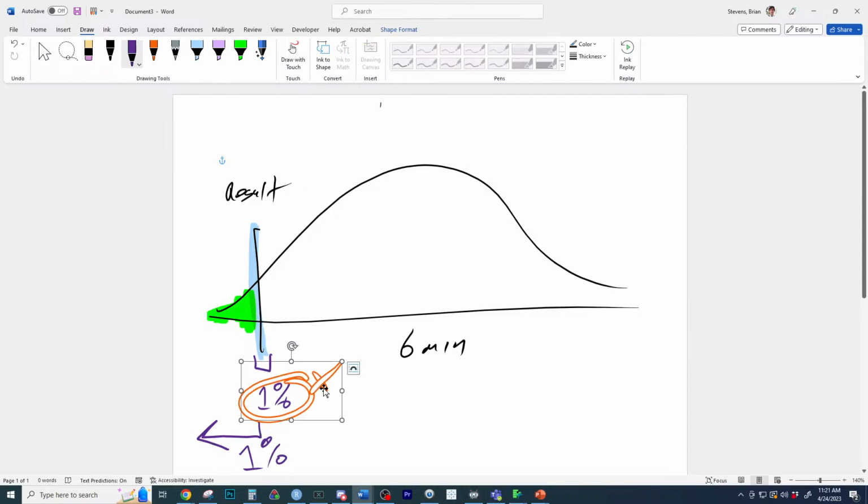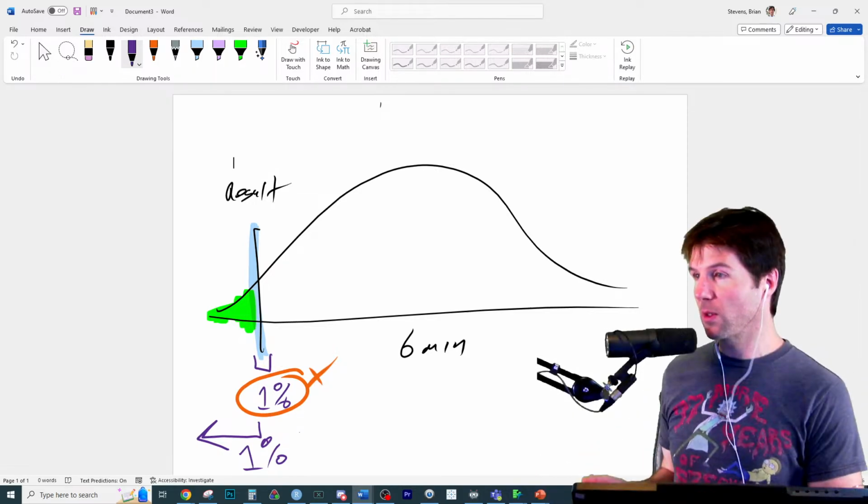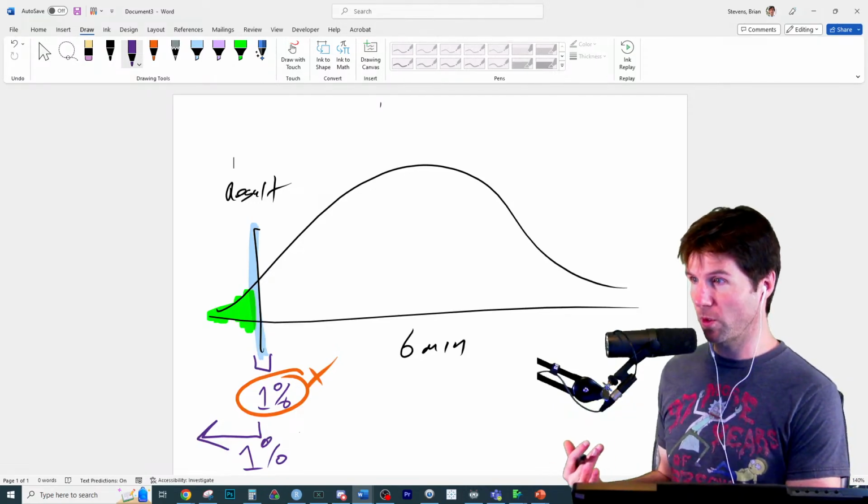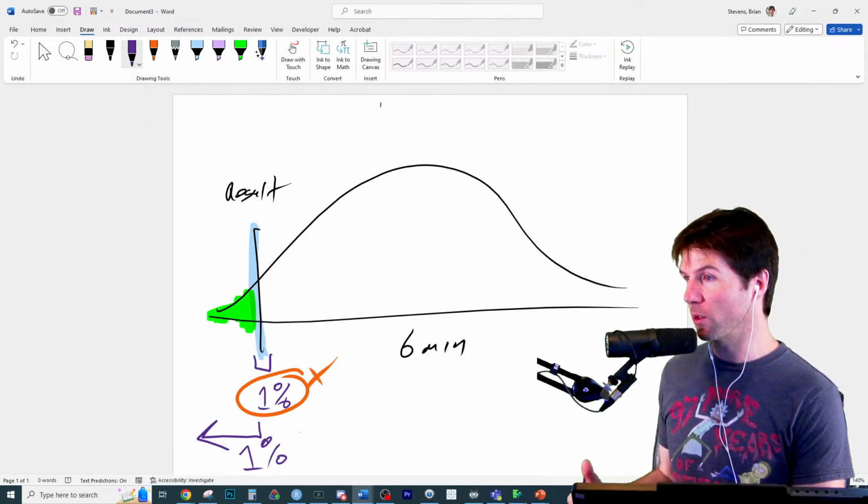So the improper interpretation which they give is this right here on this line, which is not 1% of the curve, but the proper interpretation of 1% or less of the time is to the left. So, wow, that once again, the p-value is the probability of our results or a result more extreme happening by random chance variation given the null is true.